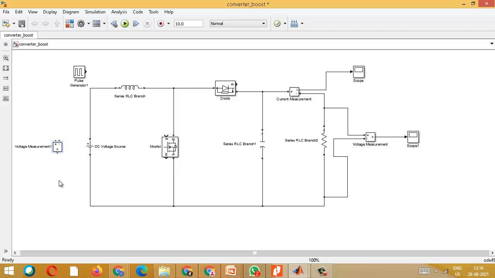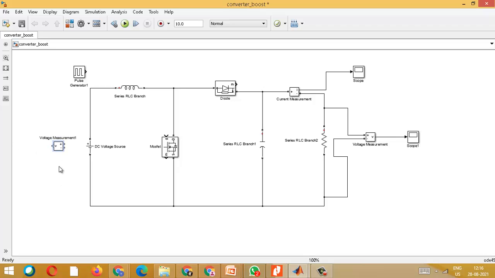No need to go back to your browser. Now the source side voltage measurement is also done. Then I am putting a scope to measure my input voltage.